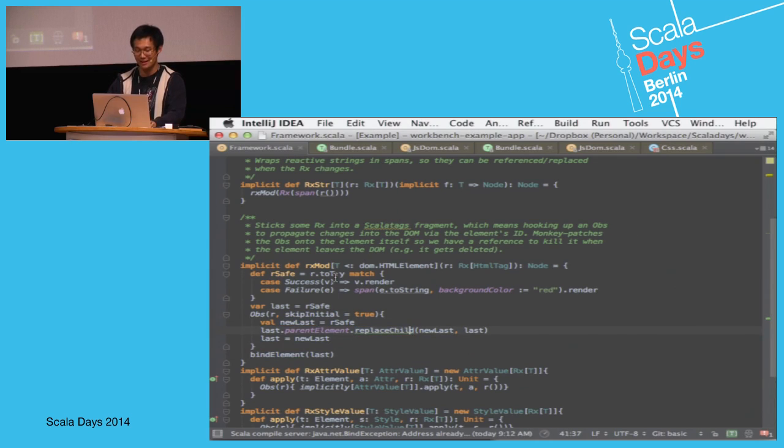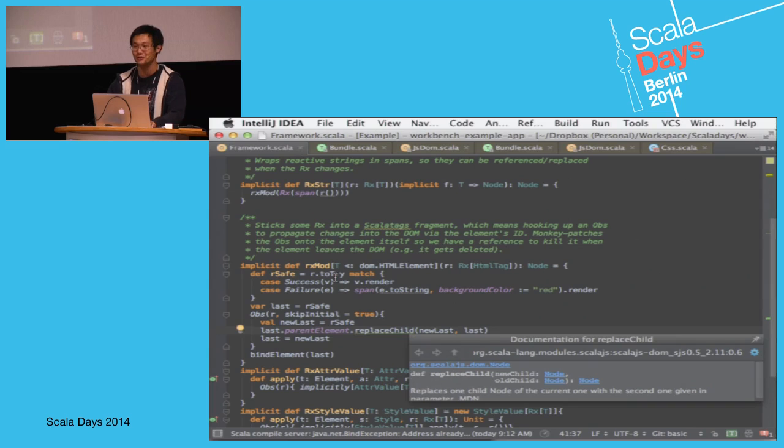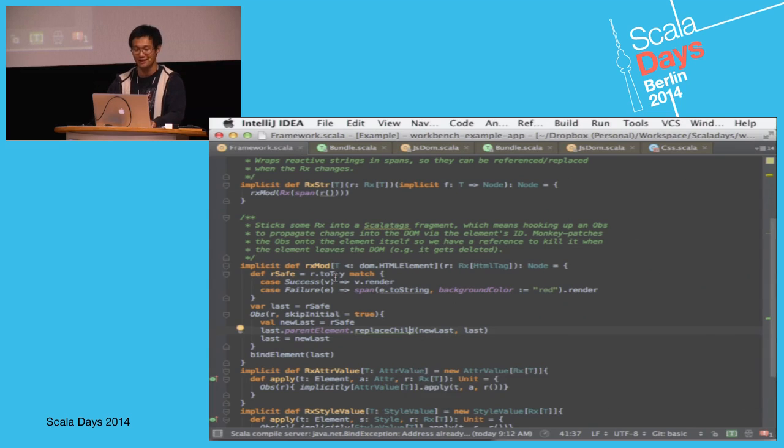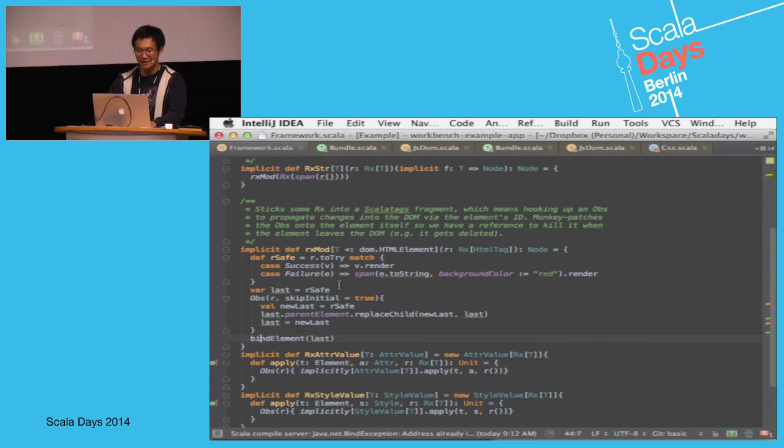This is just plain old JavaScript, by the way, in case you guys don't know. It's not some special framework thing. I swap in the new thing for the last thing. In JavaScript, the old thing goes on the right. I don't know why. And I save the new thing. So I do similar things for binding attributes and styles, where if I want to bind